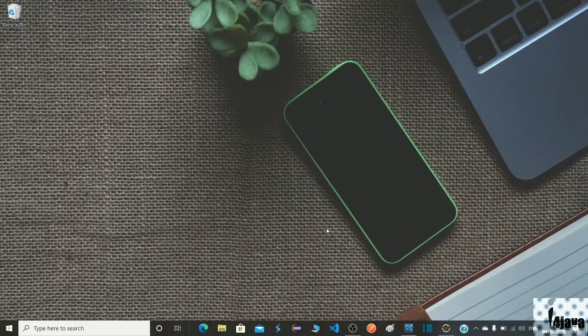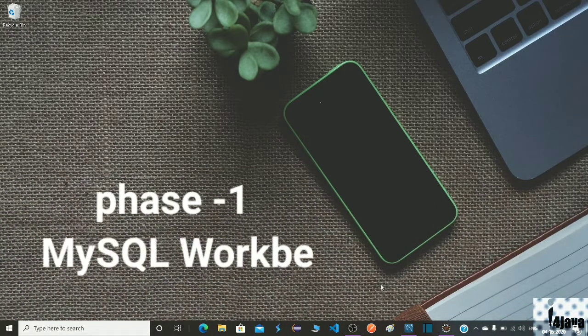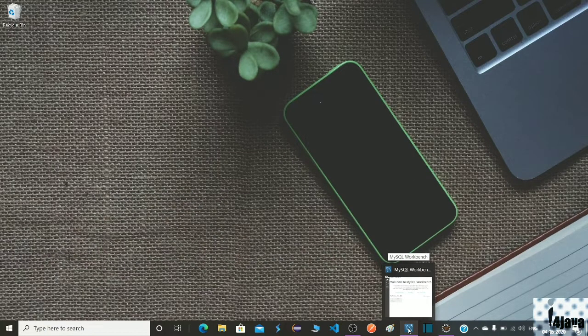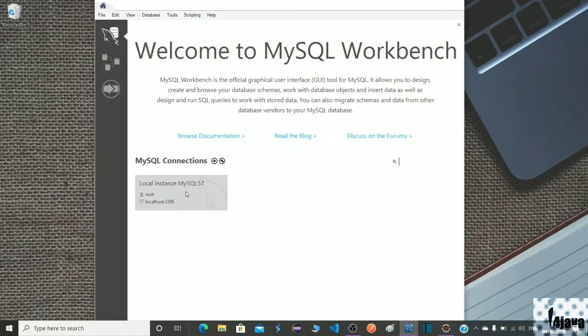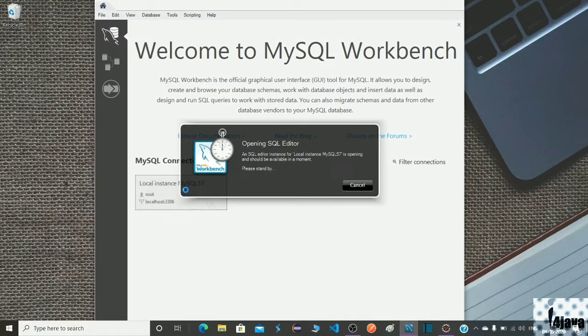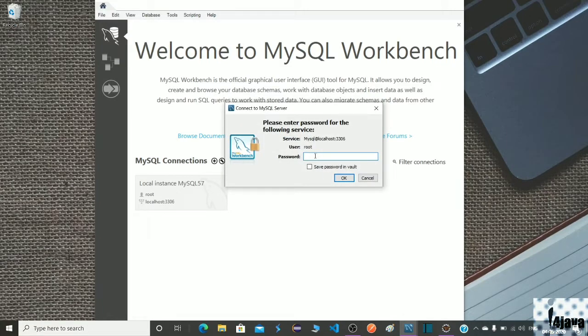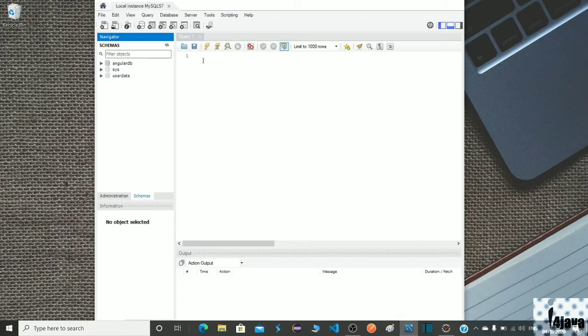Okay friends, first let's go to our MySQL Workbench and create one database where we will store our table. Let me log in first. Okay, it is opening. Let me provide my password here. Let me create a new database. For that you can use the command create database and after that give the database name.